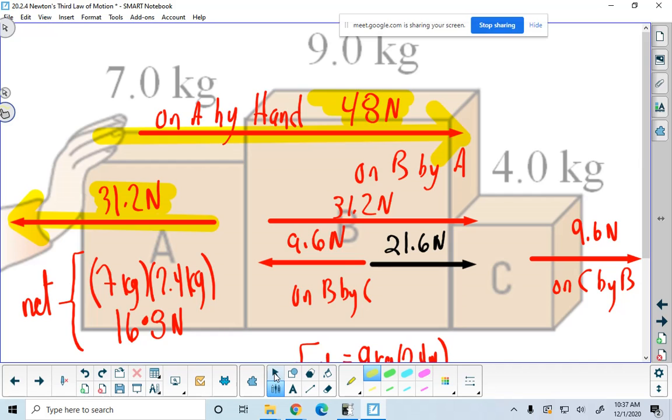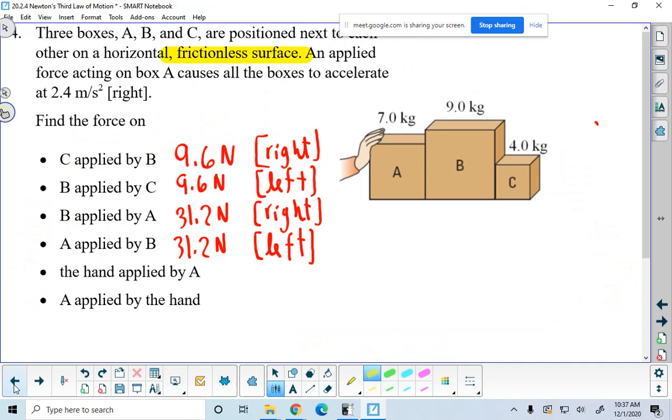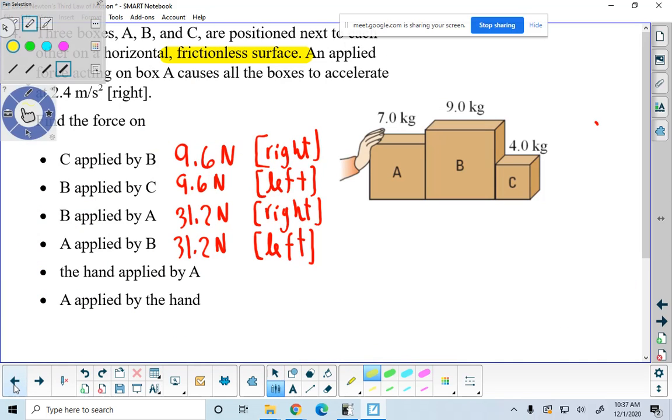That force of 16.8 newtons should not be thought of as a force on A. That 16.8 newtons is the net force on A. If I asked you to add 48 newtons to the right and 31.2 to the left, you would subtract them and get 16.8 to the right. And what this means is that the force on A by the hand is 48 newtons. And it is to the right,